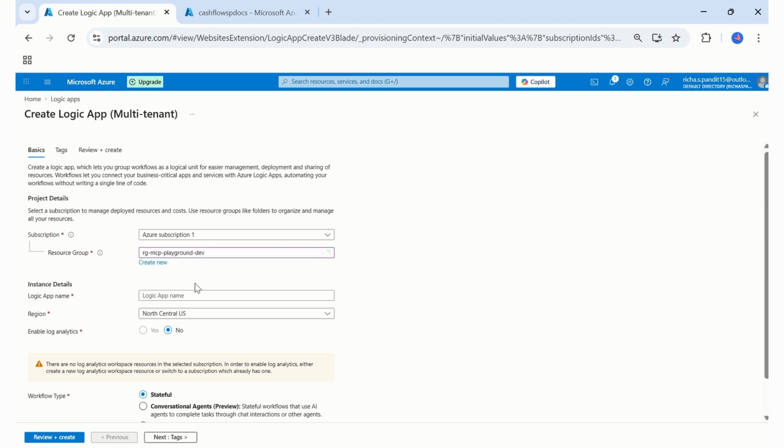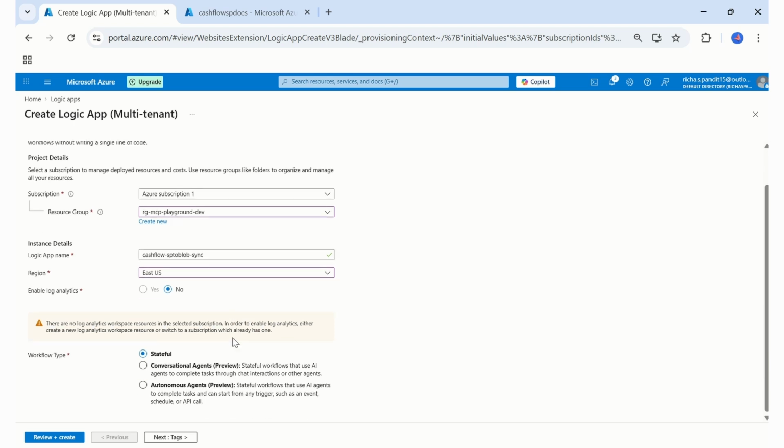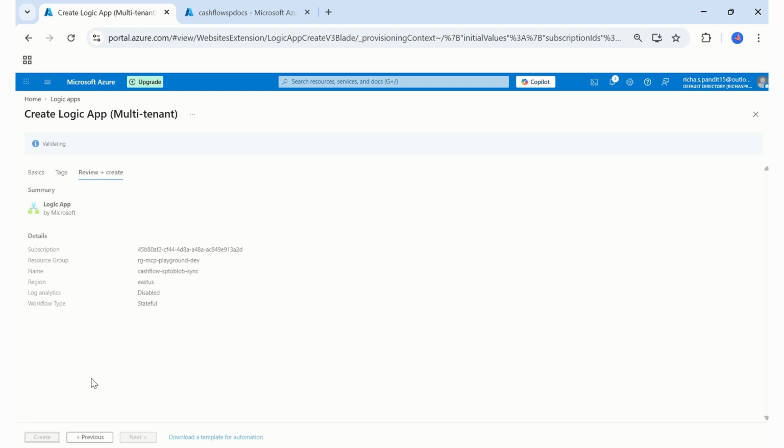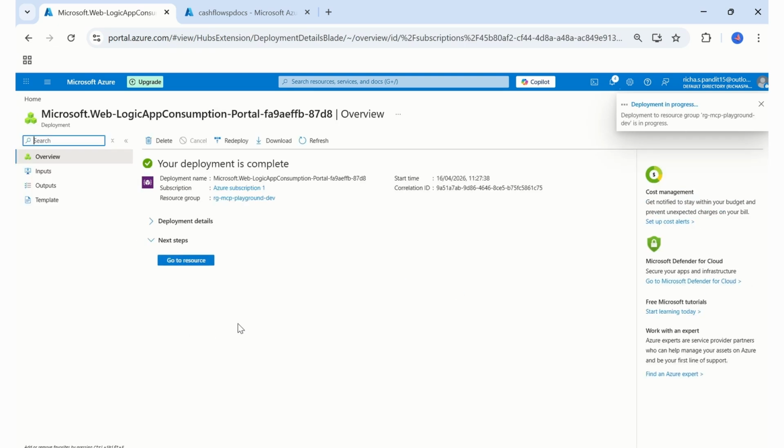You need to select the resource group where you want this Azure resource to be. Let's give it a name, cash flow SharePoint to blob sync. All my development resources are housed in East US, so I will go ahead and select East US. Let me click on review and create. Once I click on create, I can see that the deployment is in progress and now it's complete. I'll go to the resource